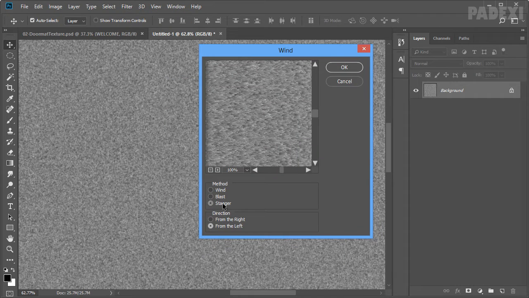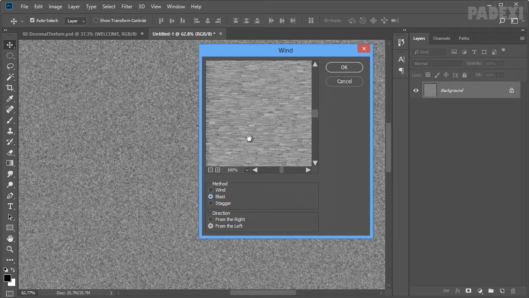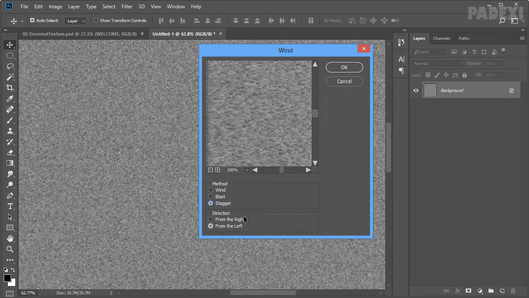Here we have three options: wind, blast and stagger. The stagger is more dramatic than the other two methods, for the output we are looking for. So let's go ahead and select stagger and choose direction as from the left and click OK.